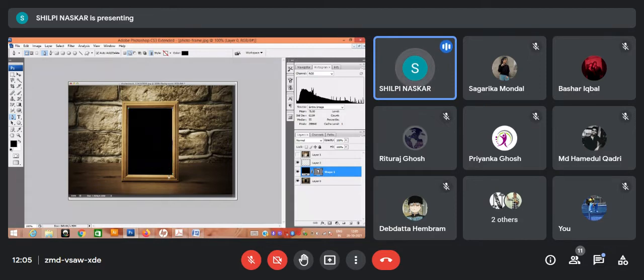Or in which other way can you select this? I'm using the pen tool. In which way can you select properly? Anyone?